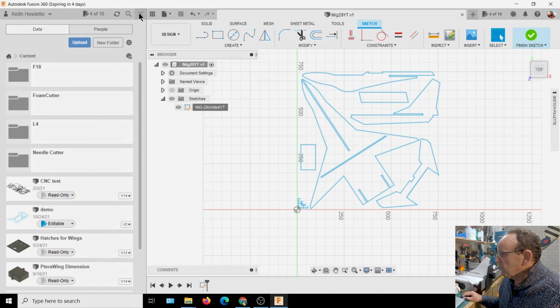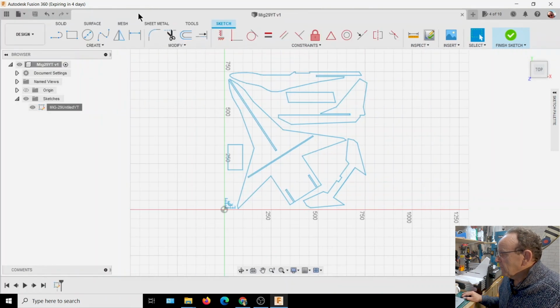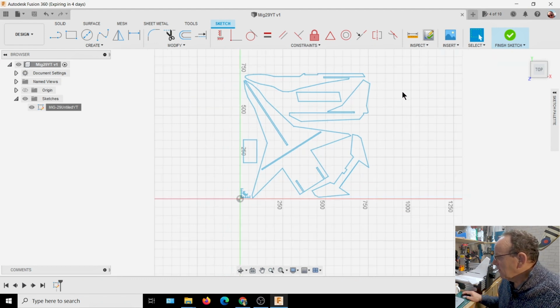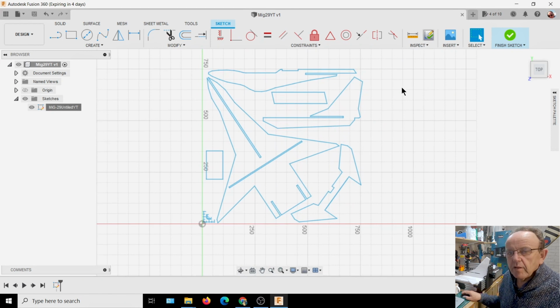And when you finish working with a document, you can just mark it as read only. So you think, right, I've finished with that one, I don't need it anymore. And if you're running out of documents, you just mark it as read only. So I don't find it's a problem for what I do anyway. I know some people were a bit upset when Fusion changed the licensing, but so far it works okay for me. So right, now this Sketch Checker,